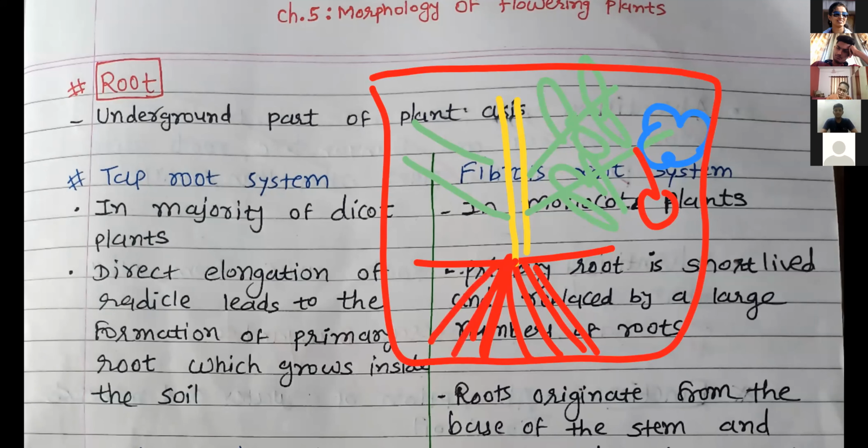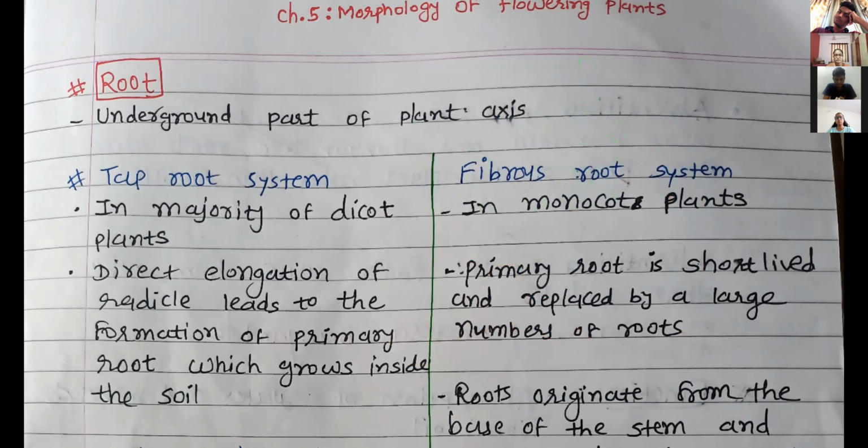We are discussing the root: which different types of root systems are there, how these root systems are developed. Next, the shoot system, same thing. Then leaves: on different plants, different shapes of leaves are there. Some leaves are broader, some have very small lamina. Even fruits are different, flowers are different, their pattern, arrangement. So in this chapter, we are going to discuss this. The first part we are going to discuss is the root.